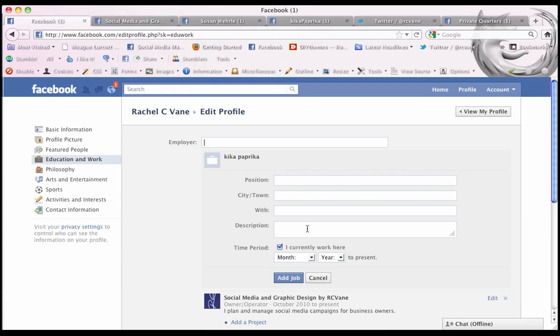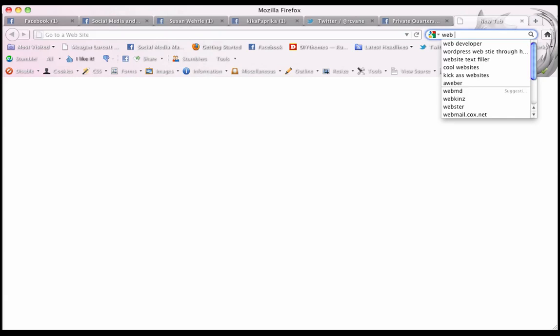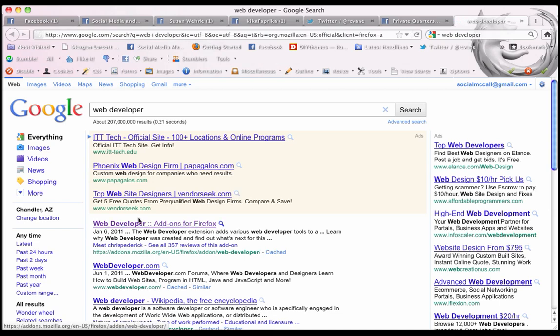Now the tricky part, the thing that you actually need right now that you probably don't have, is Firefox. I run Firefox, and you will have to install Firefox on your computer to run this particular add-on. You open up Firefox, and they have an add-on called Web Developer. So basically just Google search for Web Developer. I'll do it right now actually. Just Google search for Web Developer, and then Web Developer add-ons for Firefox will pop up. Click on it,